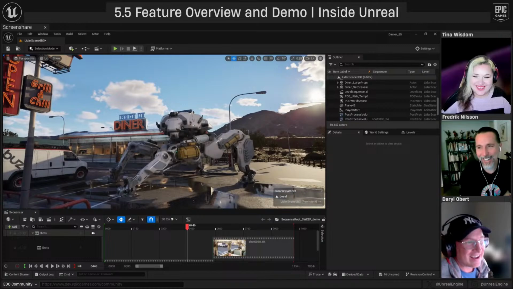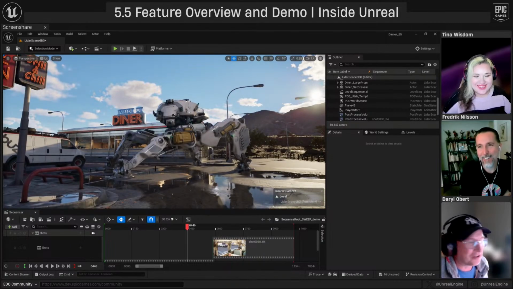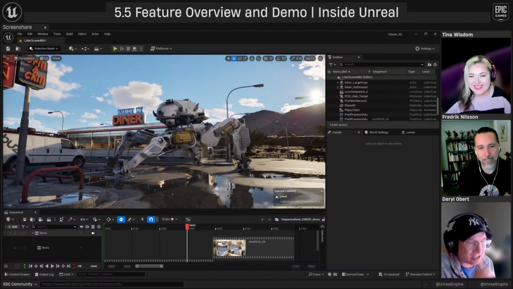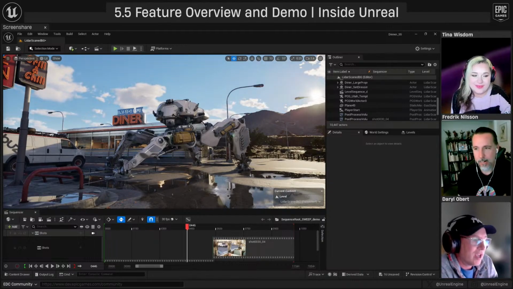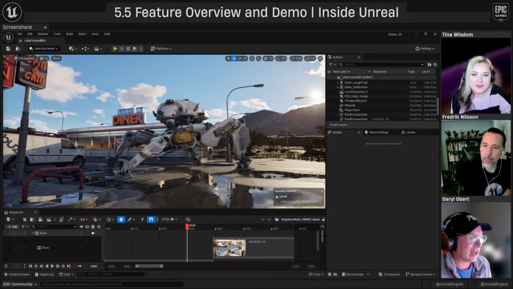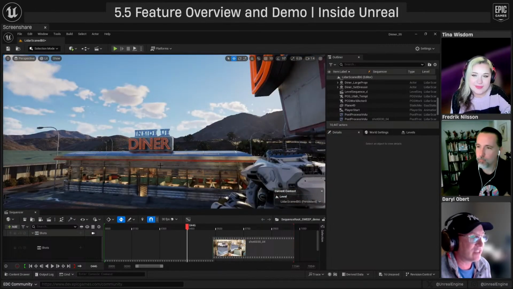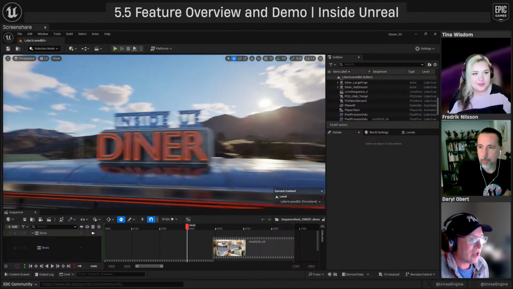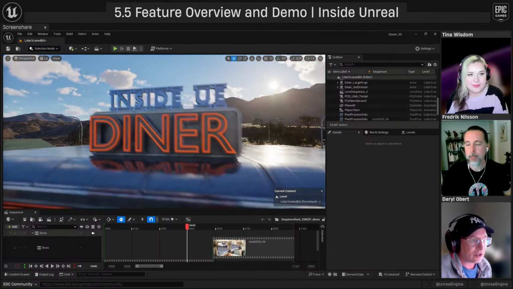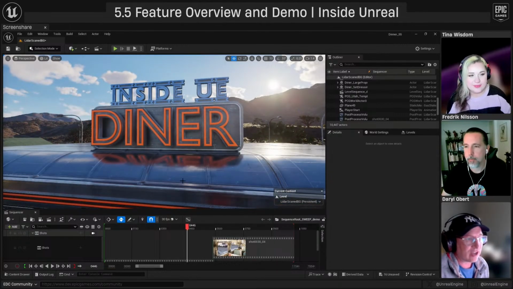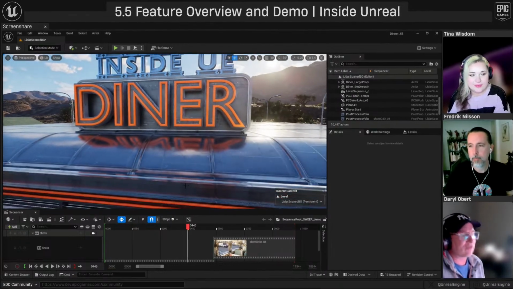Things can happen. All right, so let's talk about rendering a bit more. Obviously, we touched on the fact that it's getting faster, it's getting better, more things are supported. One of the areas that had a lot of work put into it was the denoiser. So if we zoom in on that, that's sort of why I went with a metal diner. I wanted to get these glossier, slightly blurry reflections, and the new denoiser is really, really rock solid.